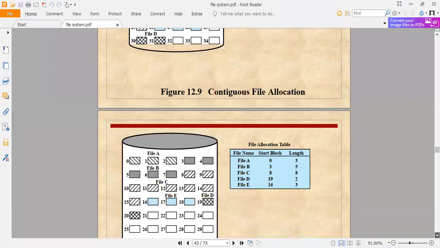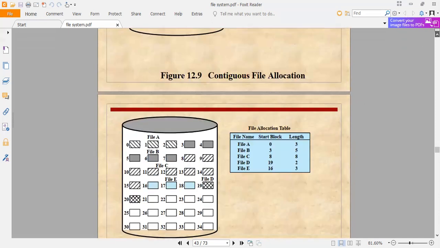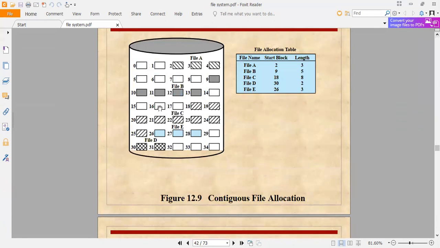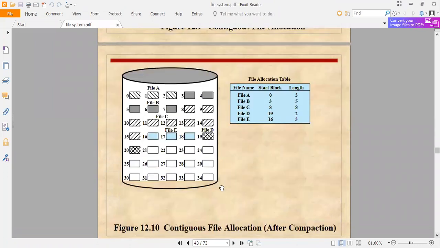So moving ahead, next, this is an example of how we can avoid external fragmentation. If you carefully view this, there were a few chunks of memory which were empty in between the allocations of files. So we have copied all the stuff into another disk, and then made this whole slot one contiguous space.